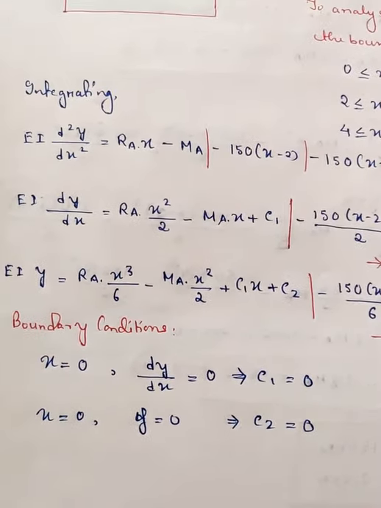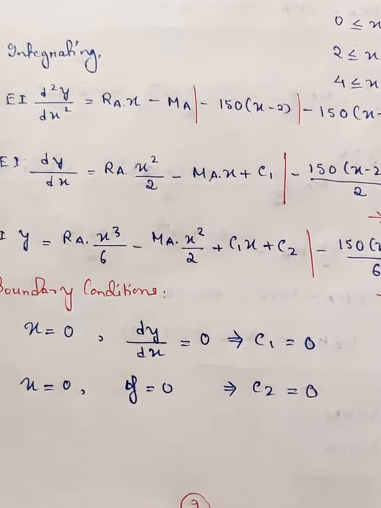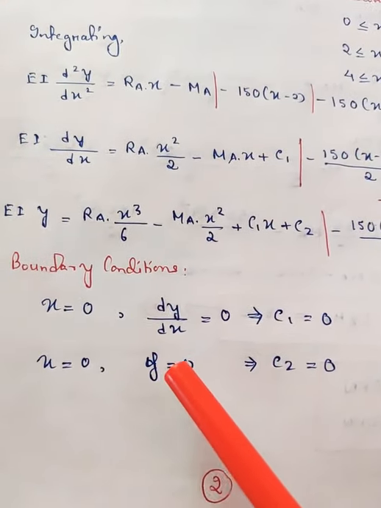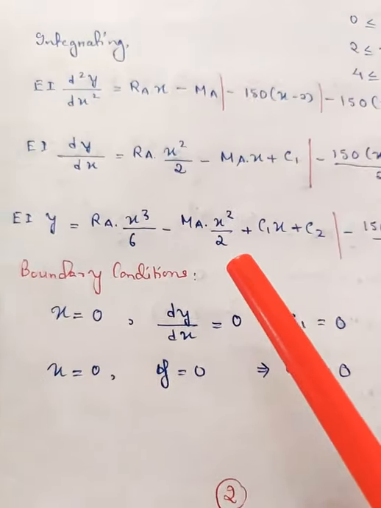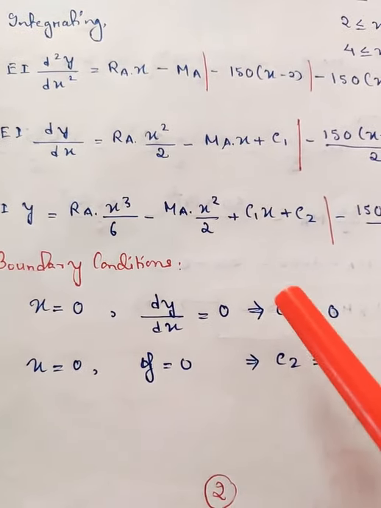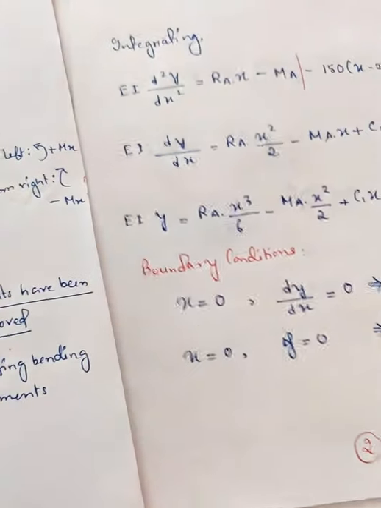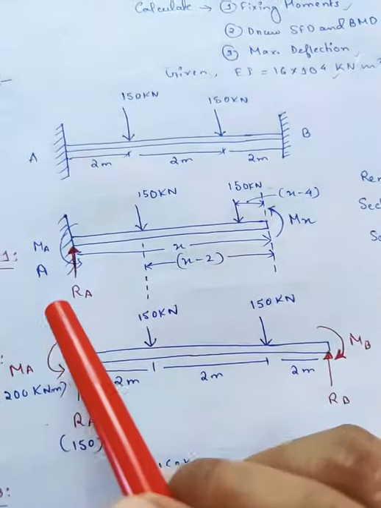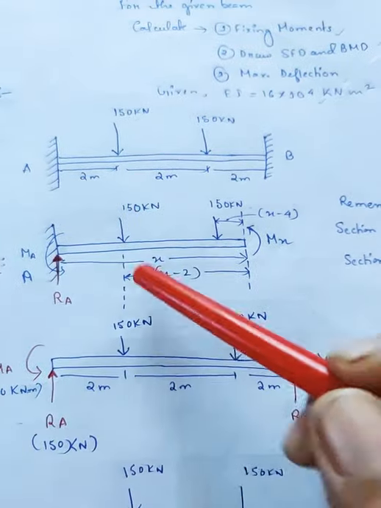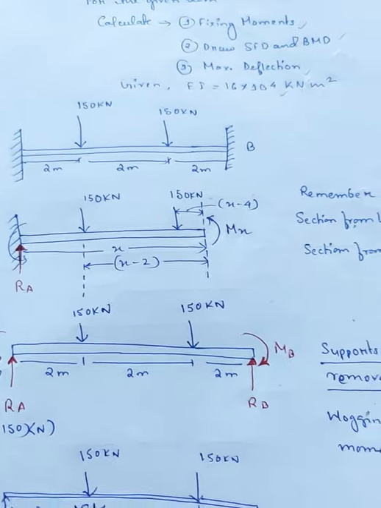Now applying the first condition. For fixed beams, always remember the slope. This represents slope and this represents deflection. For a fixed beam, slope and deflection for both the ends will always be 0. Hence, since we are considering x equal to 0, means at this point we will only consider the beam till here, means only the first two terms we will take.